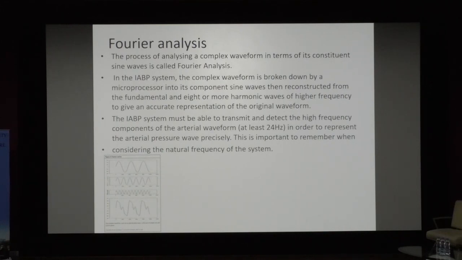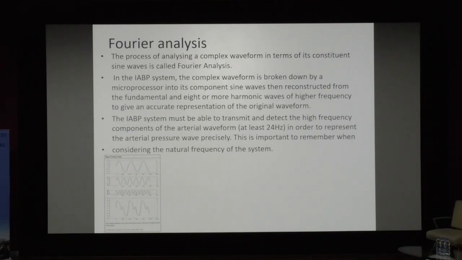As it is broken down into sine waves, it divides it into a fundamental wave and harmonic waves. Generally 8 to 10 harmonic waves are combined together. It is reconstructed, and you see an arterial waveform. That is a function of that transducer, and that's what it does basically. This is processed in the algorithm, and you see a combination of all these harmonics coming together